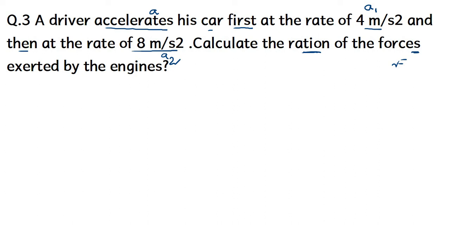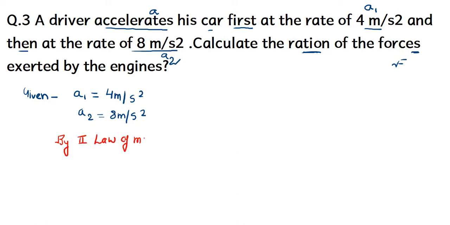Clearly, if we have two accelerations, that means 2 times we have applied the force, and we have the relationship between force, acceleration and the mass of an object by second law of motion. We are writing the initials of the solution, A1 and A2. Is it given to us? Now by the formula, F is equals to MA. Okay, can we write if there are two forces?